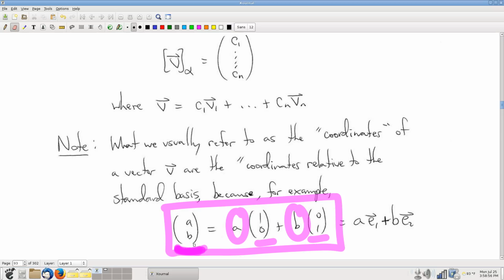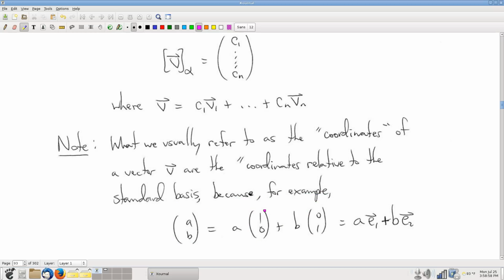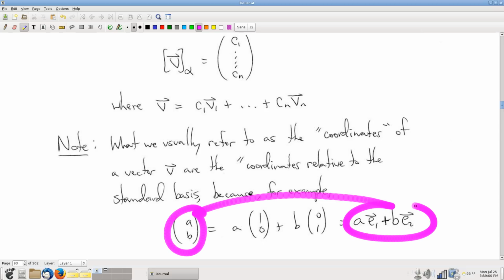How about that? Well, interpreted then as linear combinations of these standard basis vectors, we see that the numbers that we've always called the coordinates of the vector,